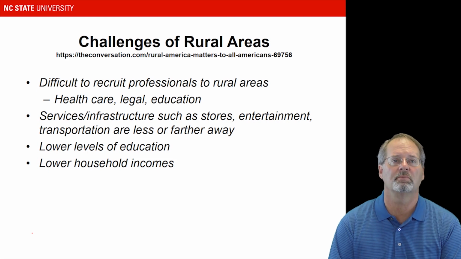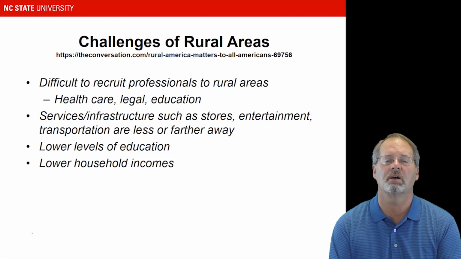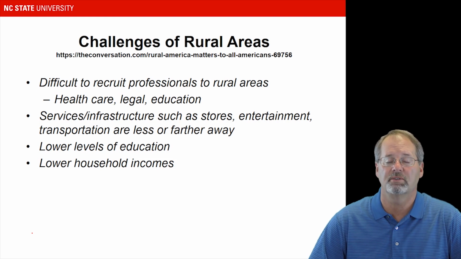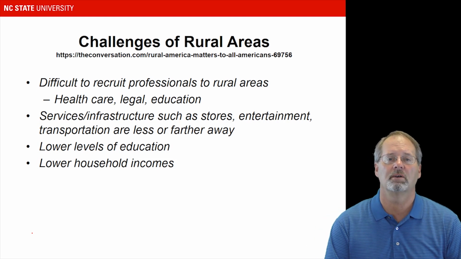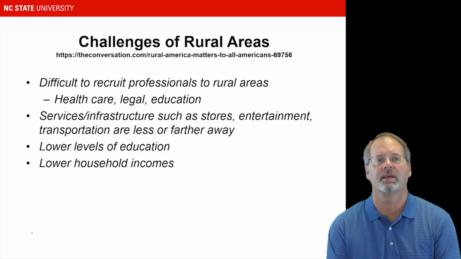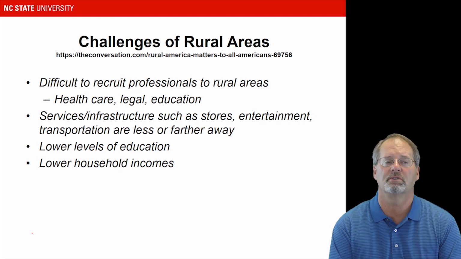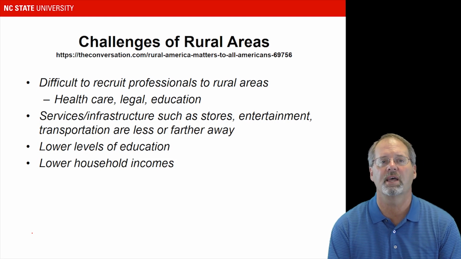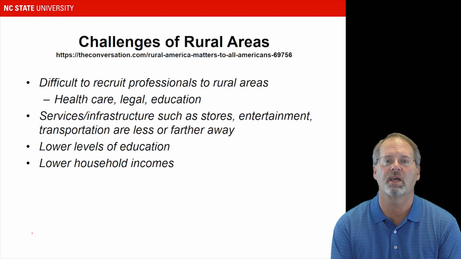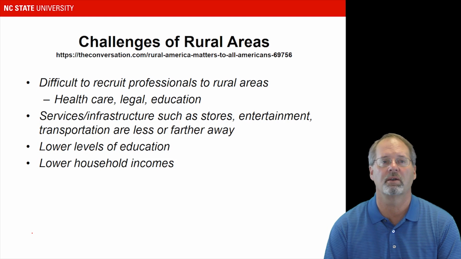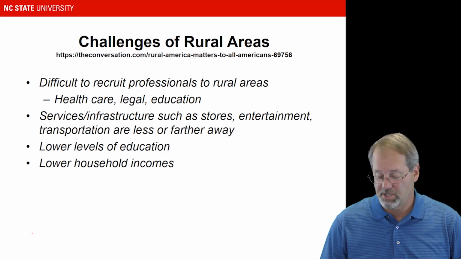Another couple challenges are good education in rural areas. In general, there are lower levels of education. And then education goes along with quality of life. Higher education typically indicates better choices in lifestyle decisions and things like that. And the last challenge is lower household incomes. To attract people to the rural areas, we need to have sufficient incomes to have a good life, send kids to college, or pay doctor bills, or pay energy bills. And household incomes can challenge that too.